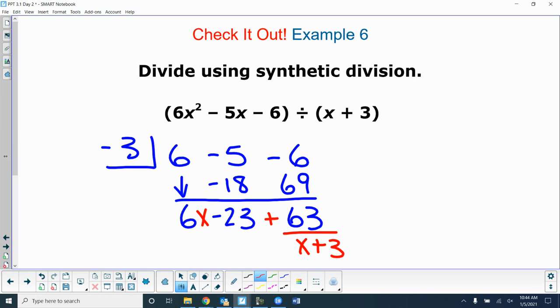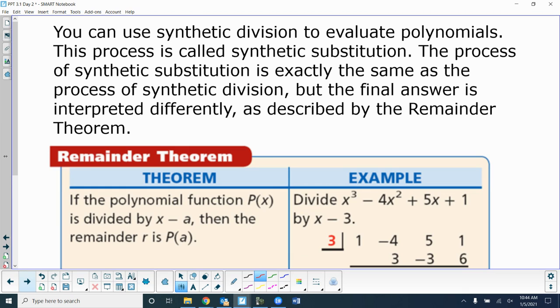A different spin on this is the remainder theorem. It says you can use synthetic division to evaluate polynomials. It's called synthetic substitution. The process of synthetic substitution is exactly the same as the process of synthetic division, but the final answer is interpreted differently. Okay, so